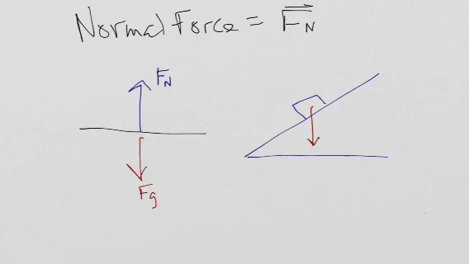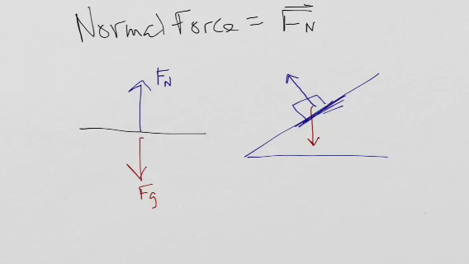So the only time these cancel one another out is when you have a flat surface. If you don't, their magnitudes are still the same, but their directions are no longer the same. Do you see that? Because the normal force is always perpendicular to whatever surface. If this is on an incline and I've got something resting on it, it's that surface that is exerting the normal force upwards. So the normal force is coming from this surface. It's not coming from the planet. And the surface happens to be at an angle. So the normal force is always perpendicular to whatever surface you're on.